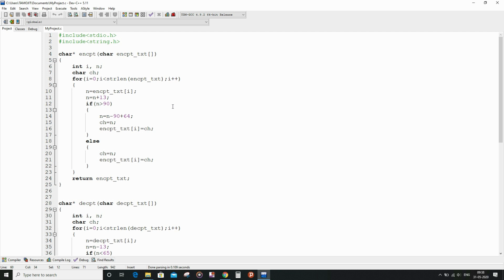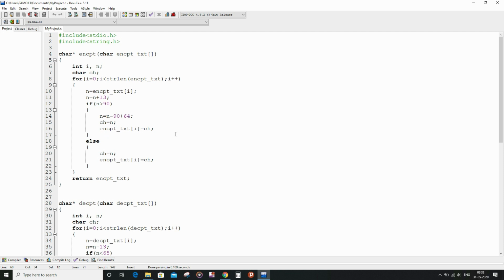This is the part of the implementation where I had altered the ASCII value into the ASCII value of the cyclic equivalent character, and after that I had converted the ASCII equivalent into the character again, and placed the converted character into the original place of the actual character.